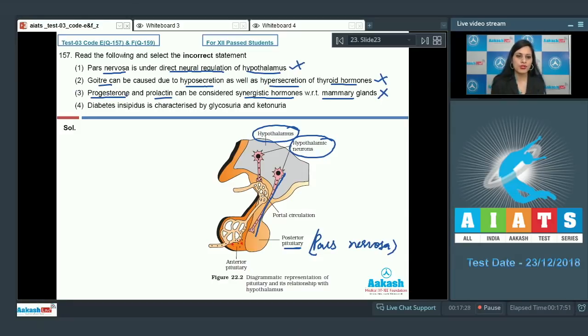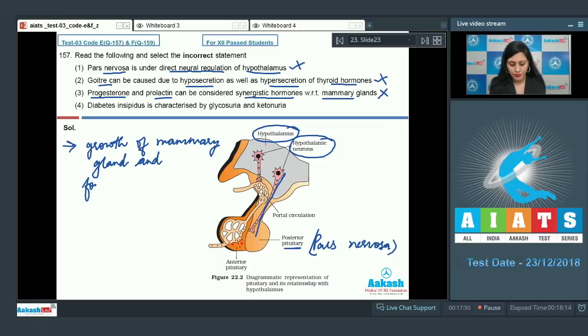Because both these hormones, that is progesterone and prolactin, regulate the growth of mammary gland and formation of milk in them. So you can say both these hormones act synergistically to each other. The next statement given is diabetes insipidus is characterized by glycosuria and ketonuria, and this is an incorrect statement, so is a correct answer to our question because it is diabetes mellitus